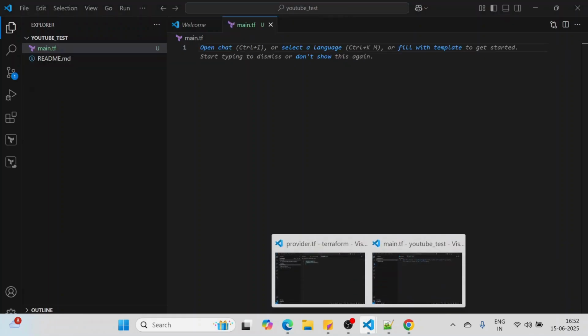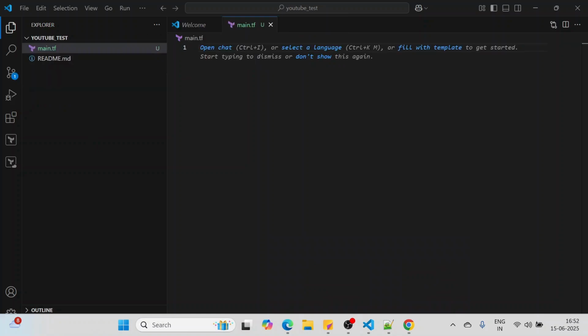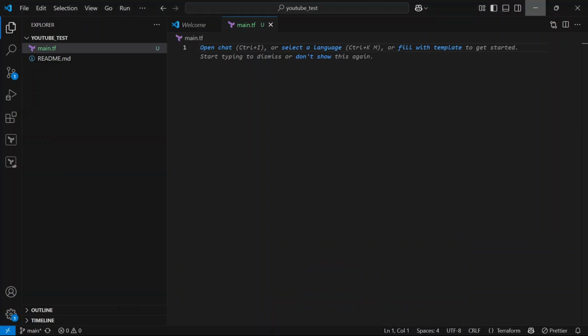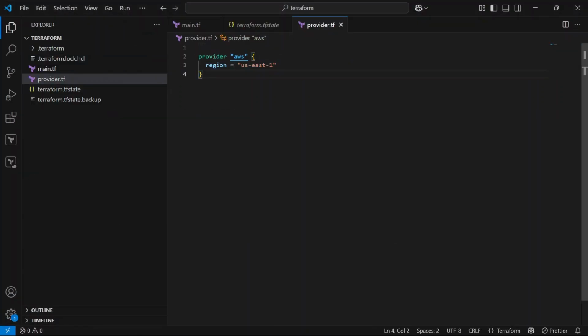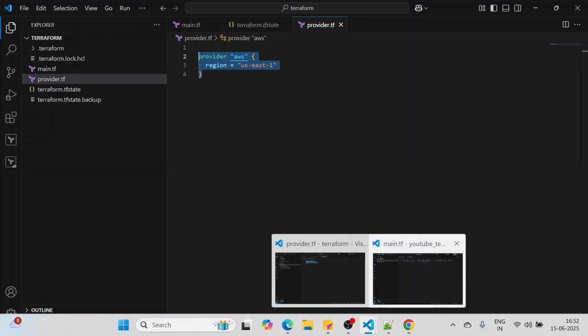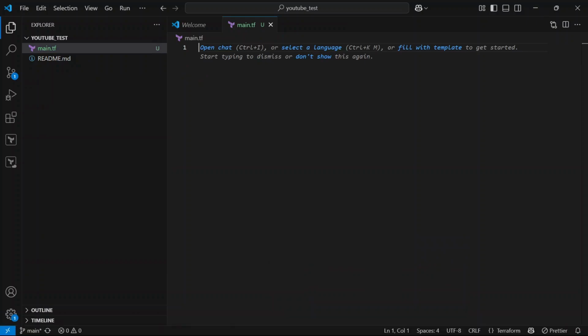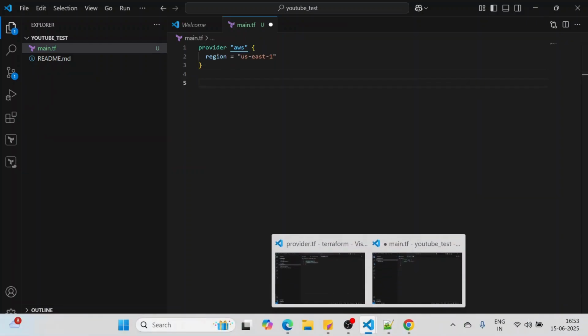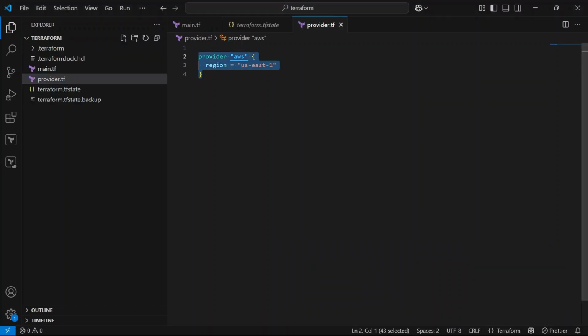So let me write it here. Let's just copy this, and let's copy the other configuration that is required for our testing.